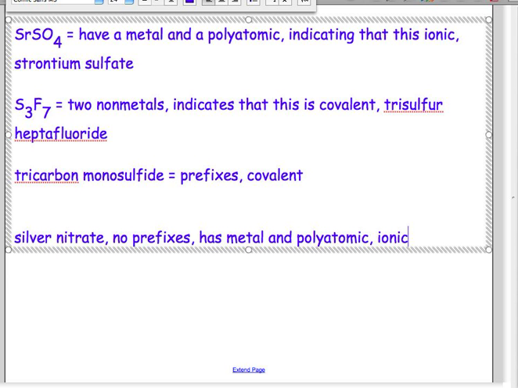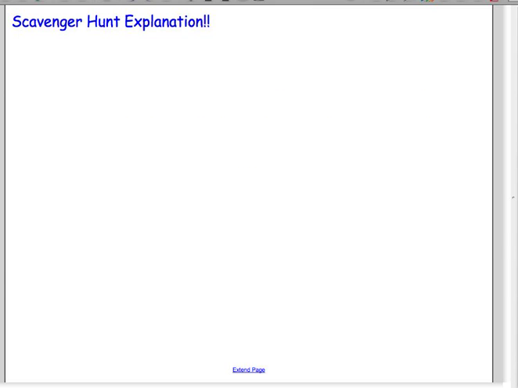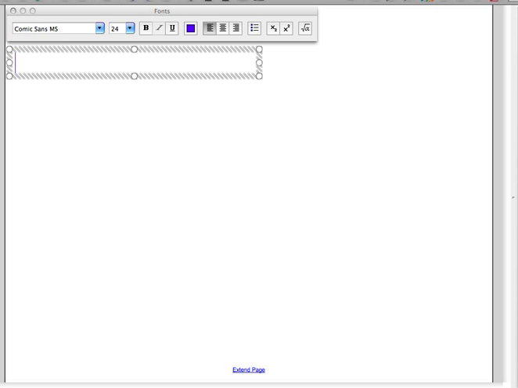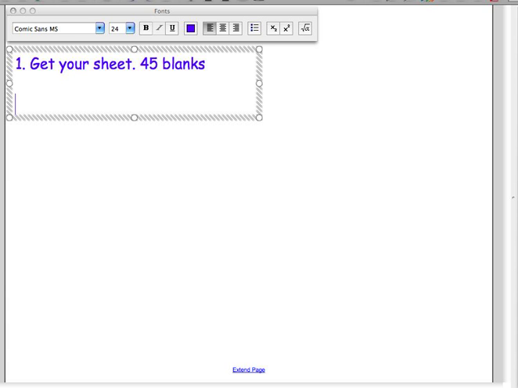So what you're going to do today is you're going to practice this. I don't expect you to be perfect already. If you are, amazing. If not, it's not a big deal. So that's what you're going to do. So what you're going to do for the scavenger hunt explanation is you have your sheet. The first thing you're going to do is get your sheet. It has 45 blanks on it. I could spell it today. What you're going to do is you're going to go around the room